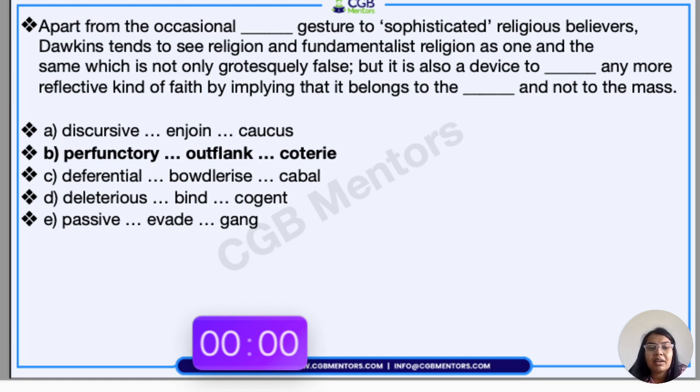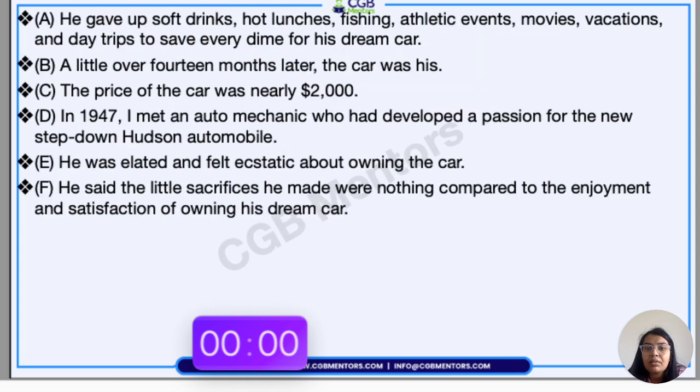Passive is जहाँ पे बहुत सारी activity नहीं हो रही हो. Being deleterious आपने अक्सर सुना होगा. Deleterious is something which is injurious, जहाँ पे disadvantage है. Okay, differential is an easy word. Then हाँ, bowdlerize. Okay, so bowdlerize that means किसी चीज को sensor करना, edit करना. Other words which are tough here. Discursive, anything which is something verbose. I already told you about this, so बता चुकी हूँ मैं meaning. I think we are done with the meaning.